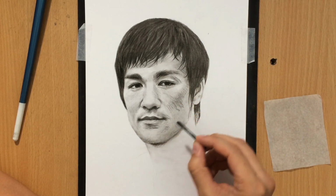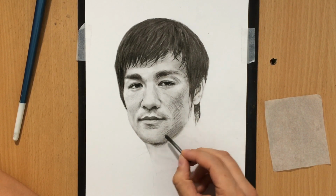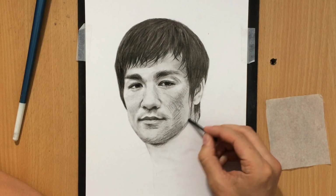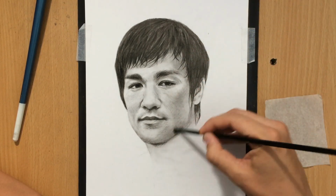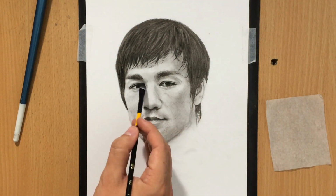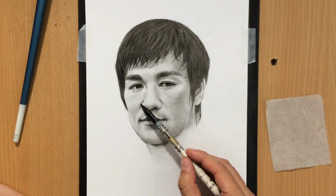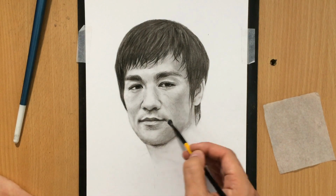And no, I'm not ruining it, because it doesn't really matter how you cover it. Vine charcoal can be moved around very easily and blended very easily, so these lines are not going to stick. I could just blend it like this with a brush, and everything becomes smoother, but also a little bit darker. So you can see how I achieved a nice contrast between the light side of the face and the shadow side of the face,